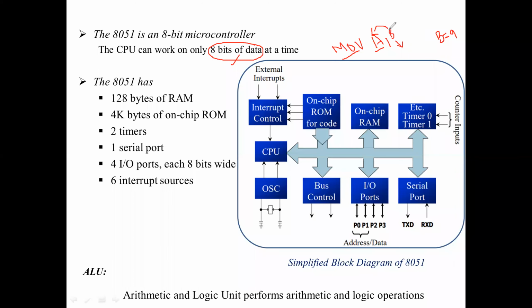Everything here, these mnemonics, will also have 8-bit. So the controller will understand. It will have different 8-bit data for this and different 8-bit data for that. For our understanding it is MOV A, B. Everything will be loaded in ASCII form so that the controller will understand that the 9 value should move to A. We will come to that more clearly. Once we get into assembly language and writing code, I will explain a little more clearly.